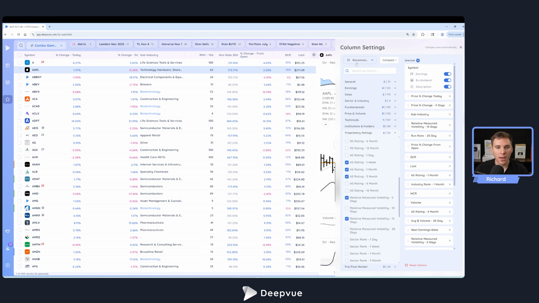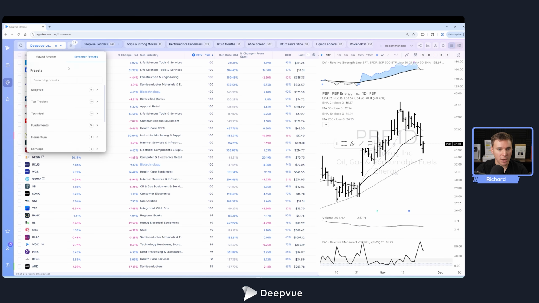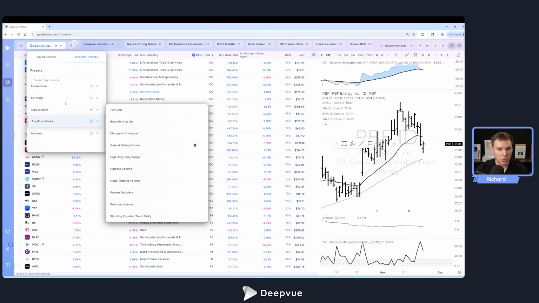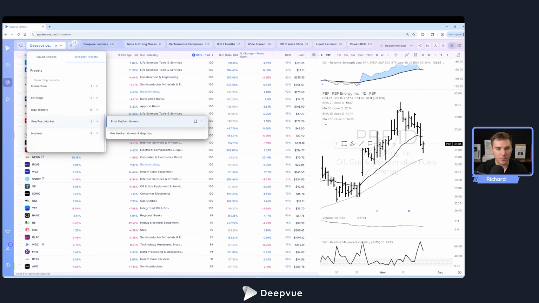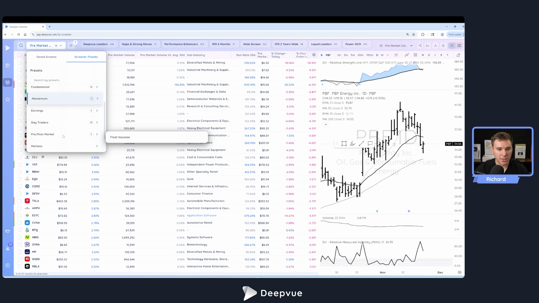gap screen. I don't probably want percent change today or all these different things. I want post-market related data points. So what I would do is load that screen, and let's actually go ahead and load that screen to show you exactly what I'm talking about. And we'll go down to screener presets. We have some pre-made post-market movers and gap up screens here. And you can see right now, actually this is pre-market. So let's do post-market